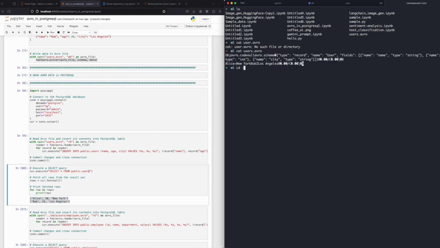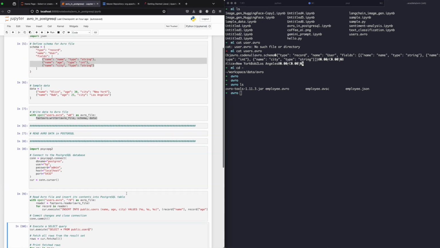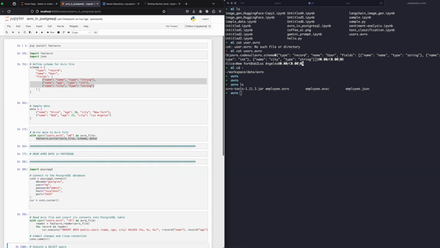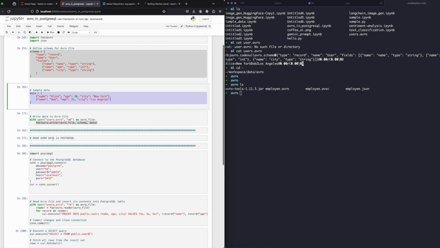So similarly, I have other records as well, like there are 2 more cells. So this is one way of doing it: programmatically, you have defined the schema, and you have the data set, and you are writing